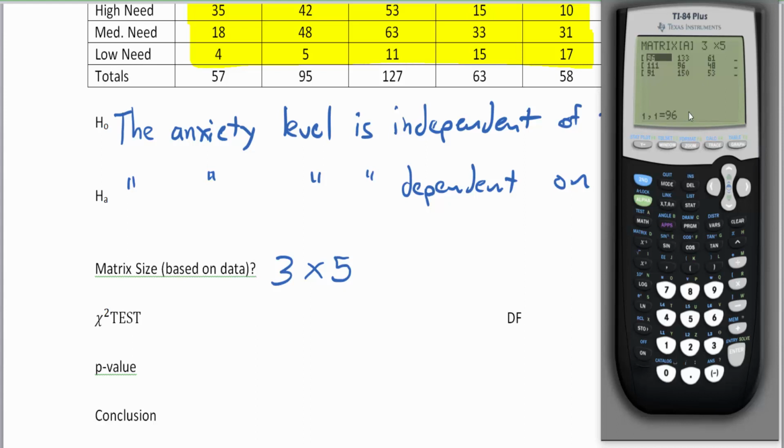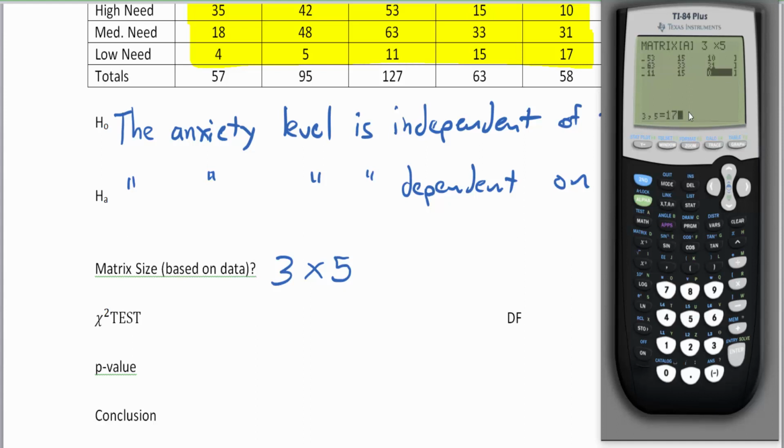So now we type in the data, 35, and we go straight across the row, 42, enter. Unlike Excel, this moves to the right instead of moving down. So 53, enter, and now we're in the 4th column here. 15, enter, 10, enter, 18, enter, 48, enter. It just overstrikes the numbers there. 63, enter, 33, 31. Even if your new number is shorter than the number that's in the cell, if you type 4, enter, it just overwrites it. 5, enter, 11, enter,